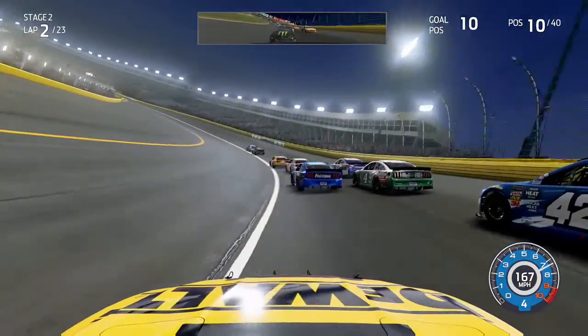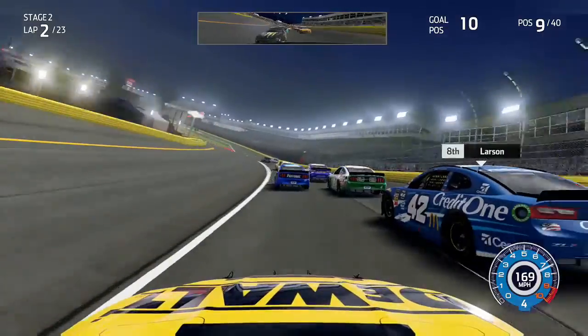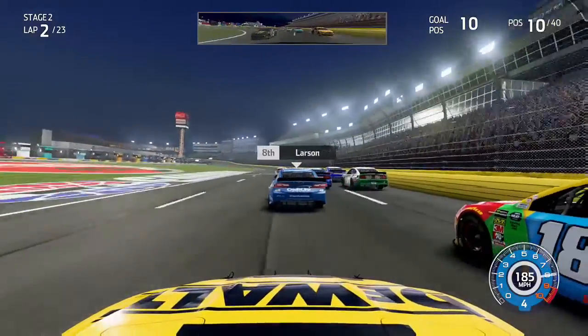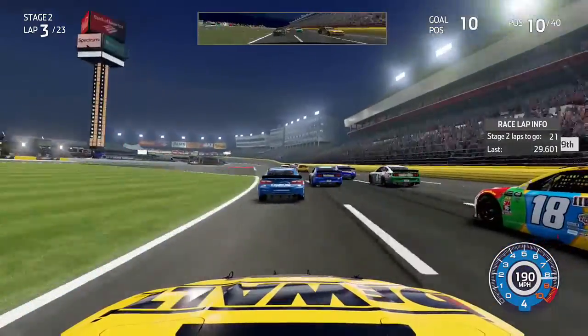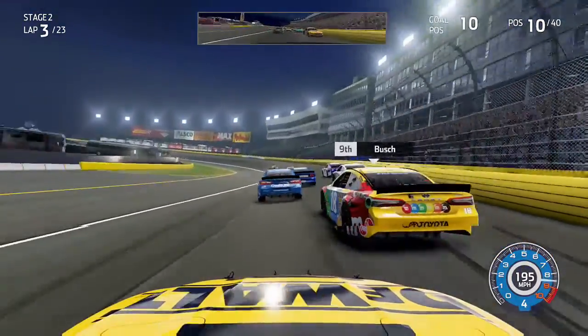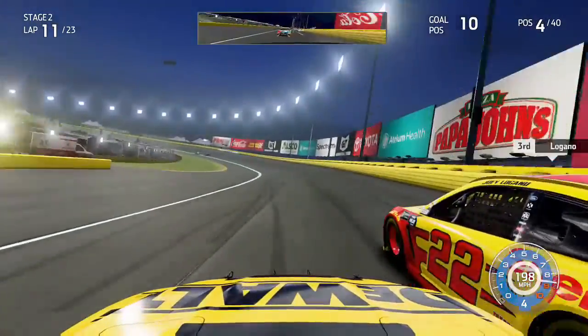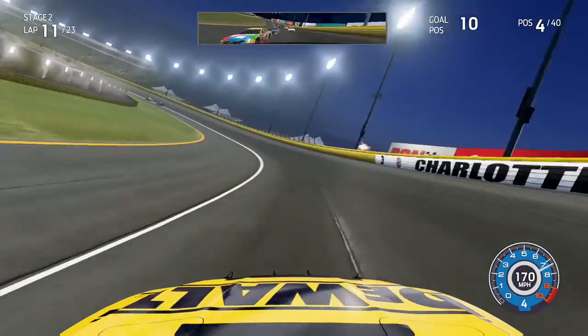They push up the track a little bit, as I also did, as Larson is able to stay clear of me as we battle alongside Kyle Busch. As we came through the tri-oval, we would be able to stay on his left rear for the moment, but as we went down into turn 1, he would get clear and get back down to the inside line, but we would work our way all the way up to P4 by the time we came to lap 11,